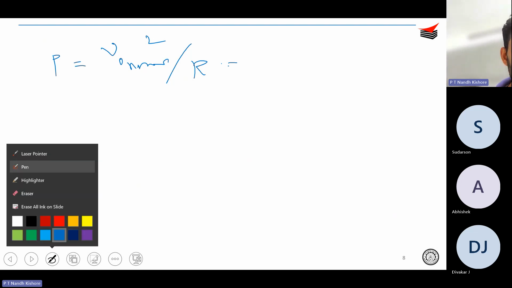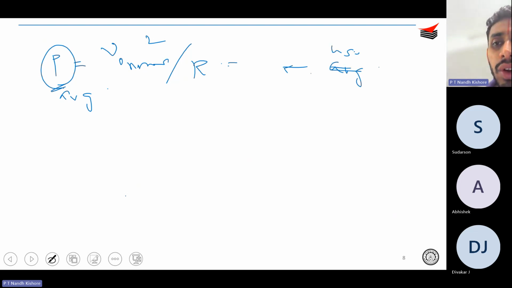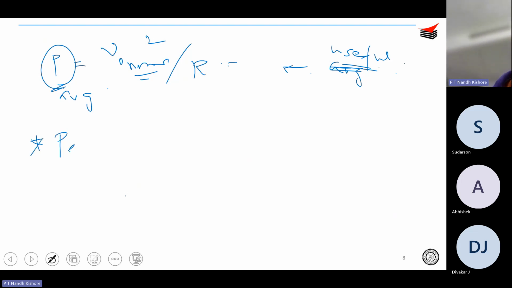So this is the power delivered to the load. Now you understand that the power over here is the average power, or let me say it's the useful power delivered to the load, right? It is useful power which can actually be used for heating purposes because RMS is the quantity which is responsible for heat production, correct? Now, if someone asks you what is the peak power delivered to the load,